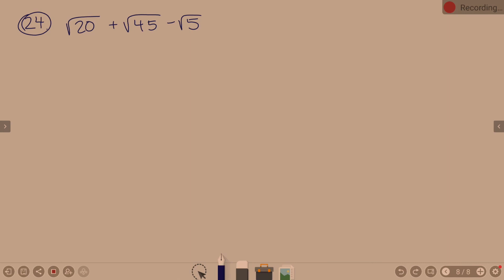What do you know about square root of 20? 20 is not on my blue paper, is it? But what does it divide by that is on my blue paper? 20 divides by 4. And so this is 4 times 5. We picked 4 because the square root of 4 is 2. So the square root of 4 is 2. That 2 is going to go outside. And it's 2 square root of 5. Okay. Plus